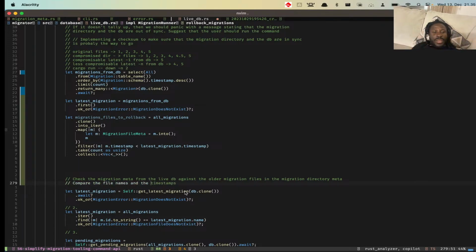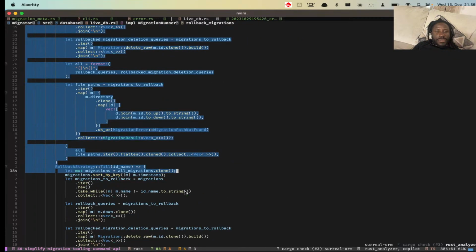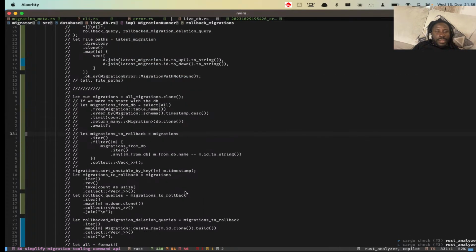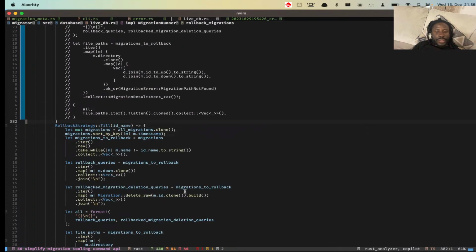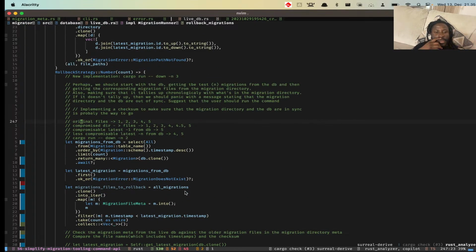The file name includes the timestamp, which includes timestamp and the checksum. Yep. So well, I'm just gonna comment all this part out so we can think about it afresh. So we wanna compare those two things, but before that,